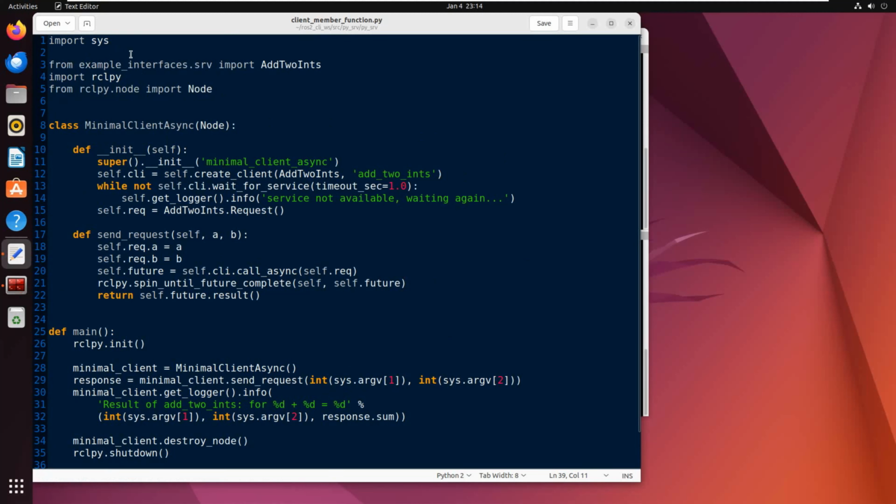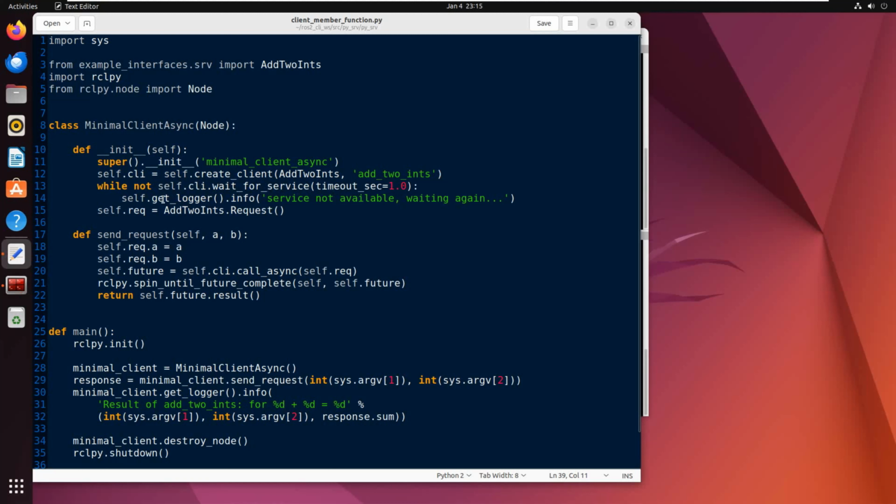The same thing, we import sys, import some service message, rclpy, the node, and here we start writing our class for client. We first create a client with this type of service and the service name. Now, if the service is not up, we will try to wait some time,